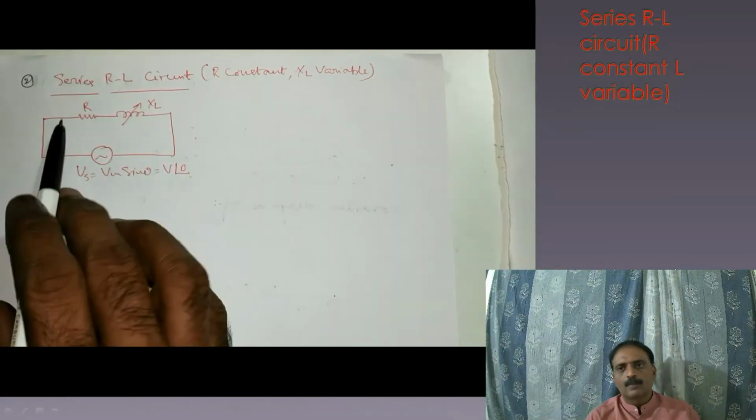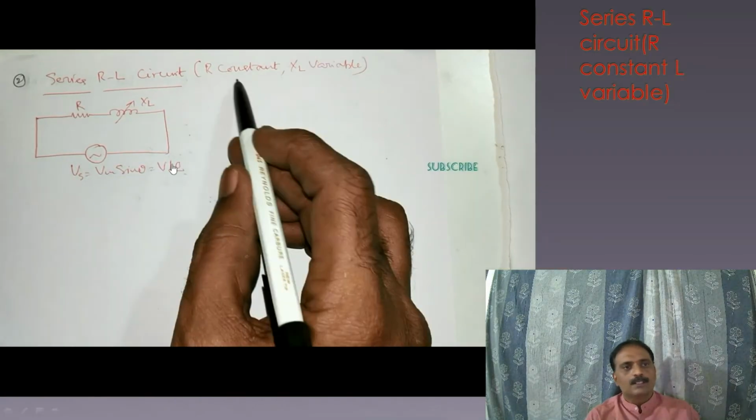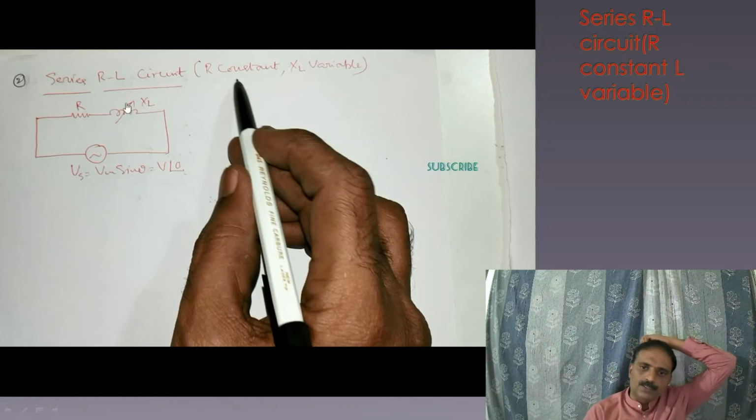So next let us go for another one. Here we are going to consider another circuit diagram in which this is also a series combination of resistance and inductance, but here the inductance is a variable one and resistance is a constant fixed one. Let us see how we are going to get here. The same thing we are going to do. First we consider X as 0, the reactance of this inductor as 0. So when this is 0, simply we can assume it as a short circuit, and only the circuit is resistive in nature. So the current I becomes equal to V by R or Vs by R,